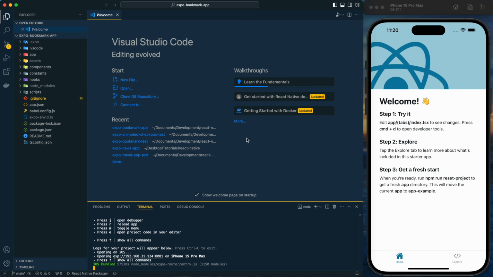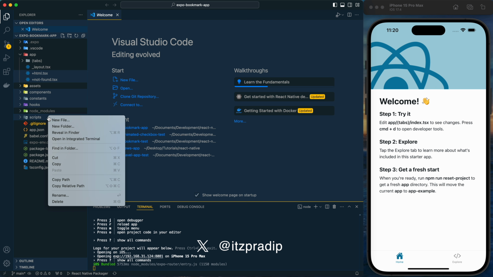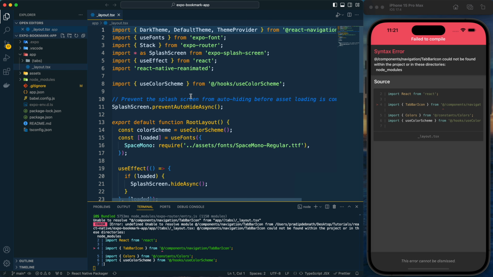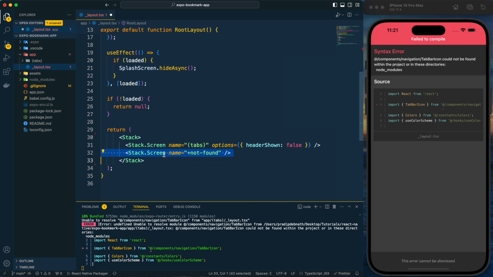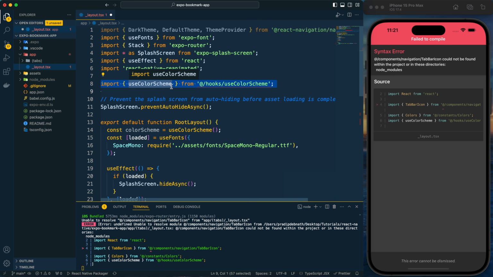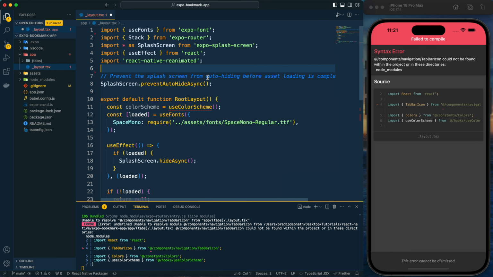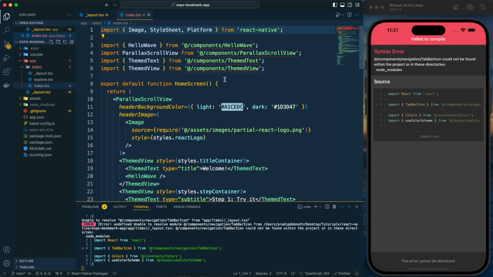Okay, so here I have created an expo project with create expo app command. Now I'm going to just clean few things, so I don't need this HTML not found and this component constants and hooks and scripts. So I'm going to get rid of all of these things, and now after that let's clean few things over here. And with that, we don't need this color scheme and this theme related imports. Okay, save this file, and with that let's go to this index first.